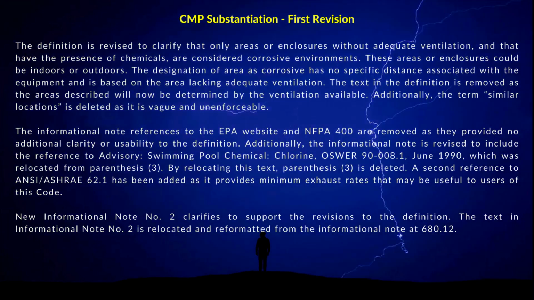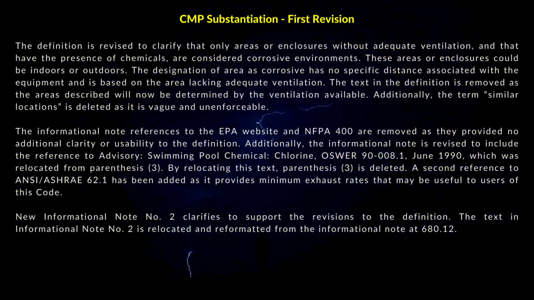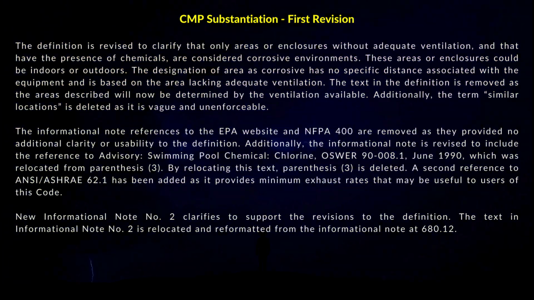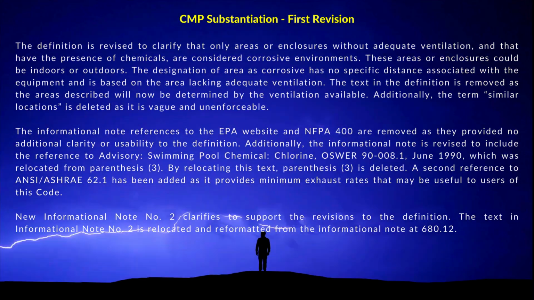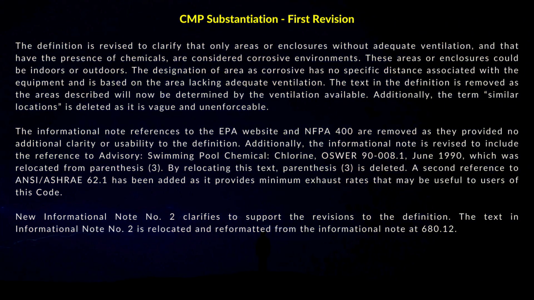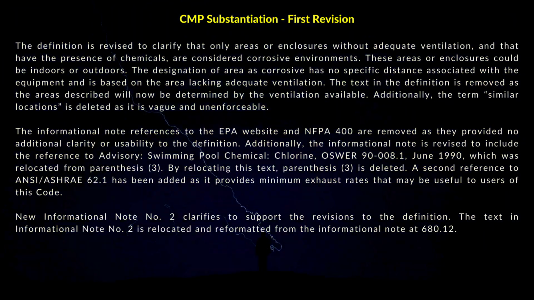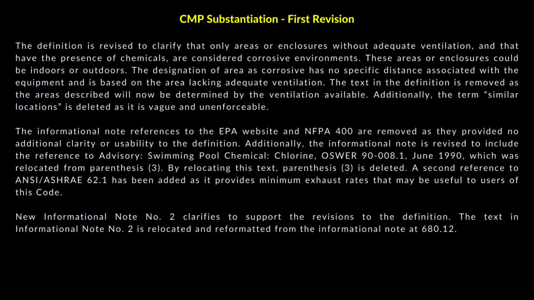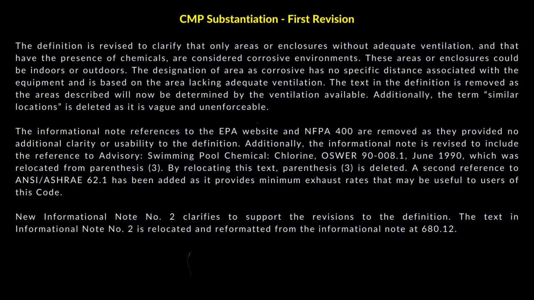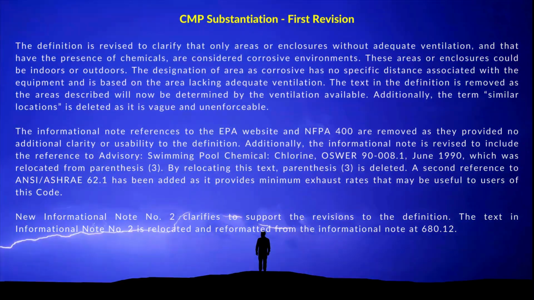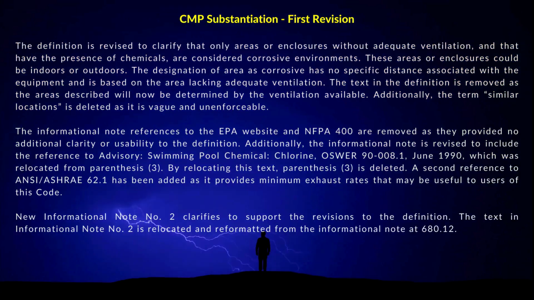The definition is revised to clarify that only areas or enclosures without adequate ventilation, and that have the presence of chemicals, are considered corrosive environments. These areas or enclosures could be indoors or outdoors. The designation of an area as corrosive has no specific distance associated with the equipment, and is based on the area lacking adequate ventilation. The text in the definition is removed as the areas described will now be determined by the